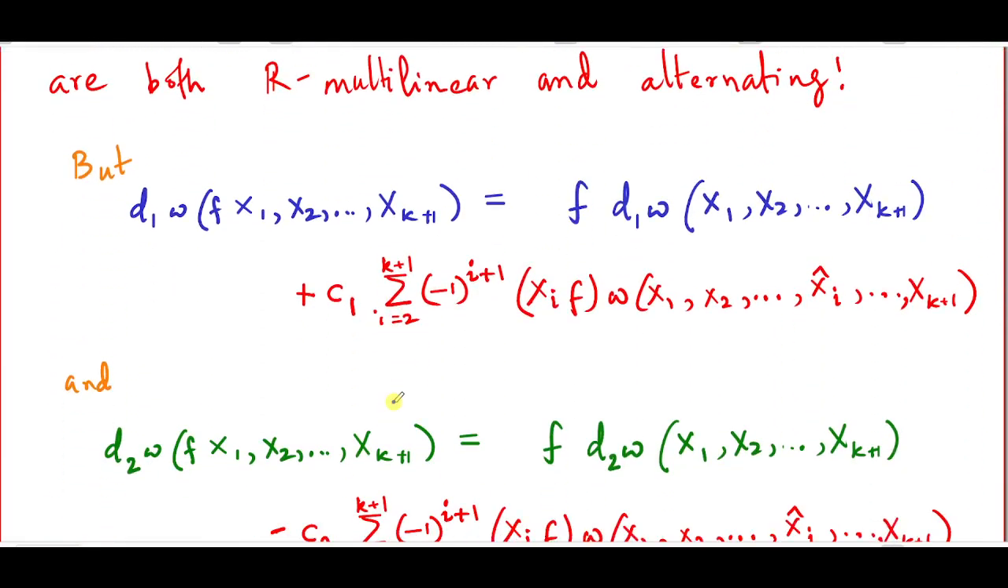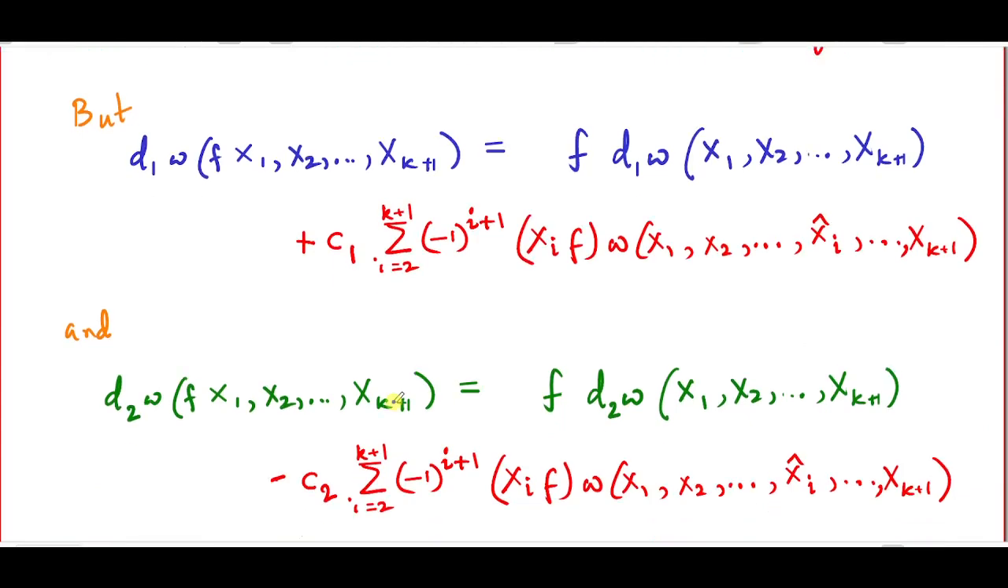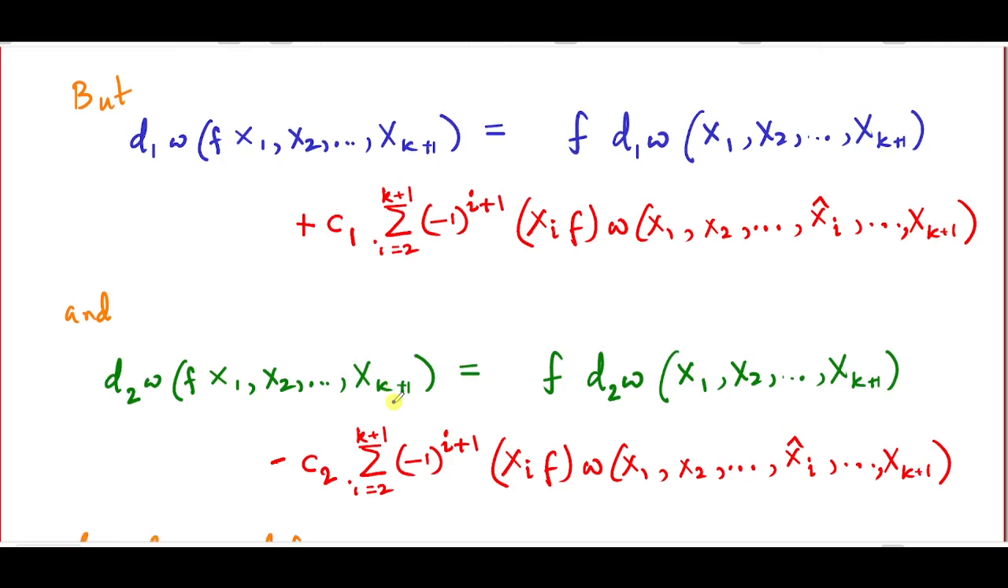But let's look at what happens when you change the first argument of omega to fx1 for both of them. For our first attempt, which we are now calling d1 omega, we do get f times d1 omega, x1, x2 up to xk plus 1, but we have an additional piece. For the second attempt, we again get f times d2 omega acting on x1 through xk plus 1, but with another additional piece. Now notice that these two additional pieces are exactly identical apart from the factors in front